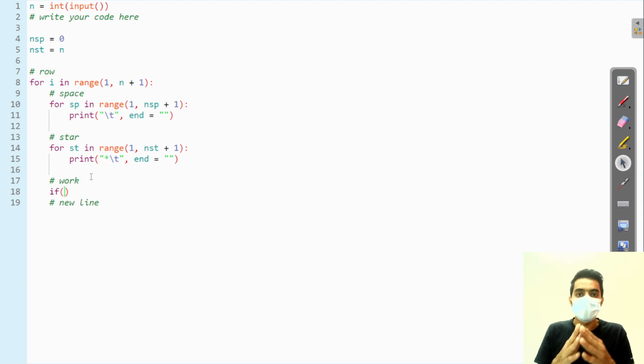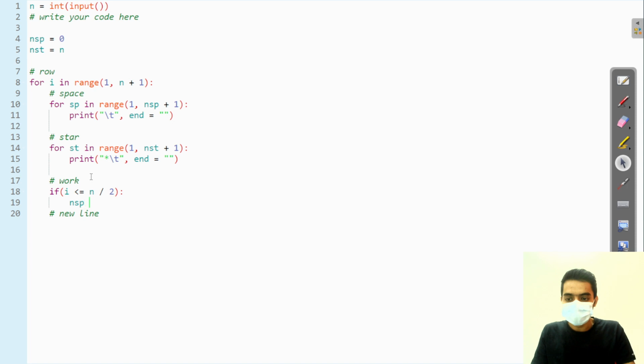What is that work? If i is less than equals to n by 2, then the number of spaces are increasing by 1 and the number of stars are decreasing by 2. In the else part, just the opposite of this: the number of spaces will decrease by 1 and the number of stars will increase by 2 in the second half.